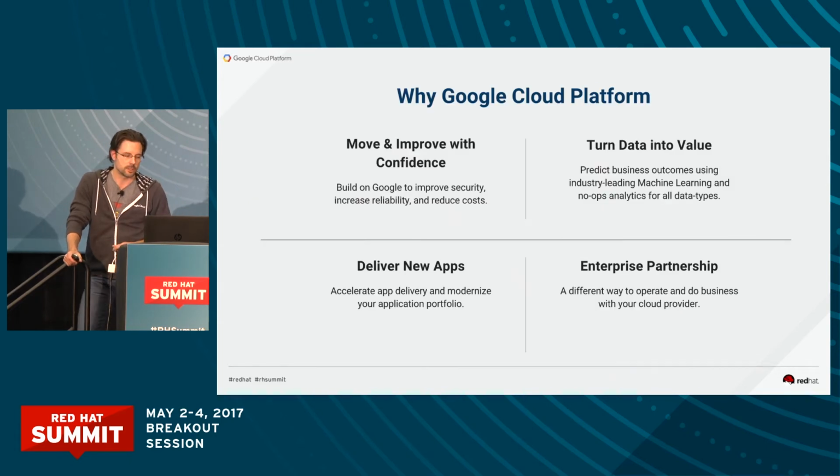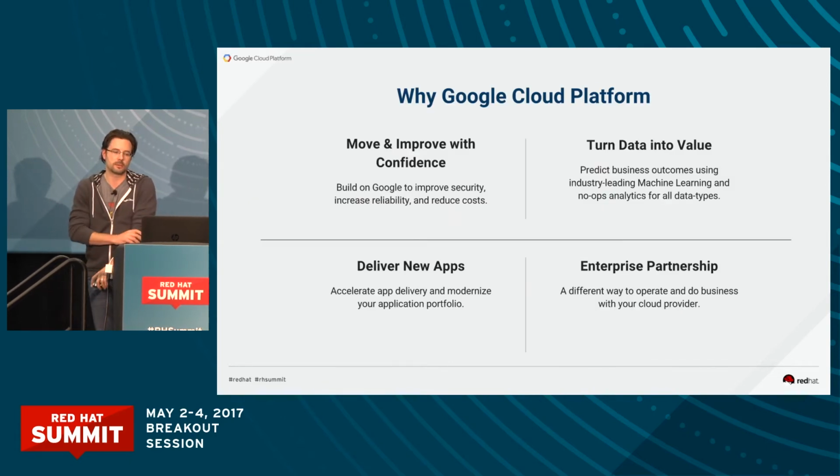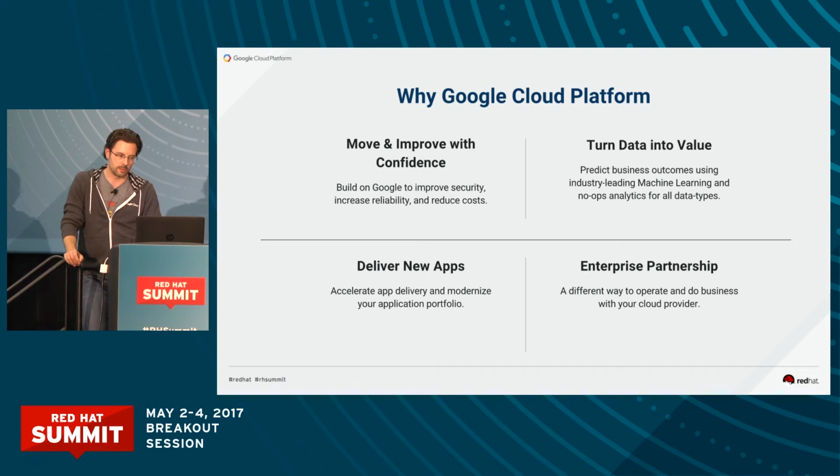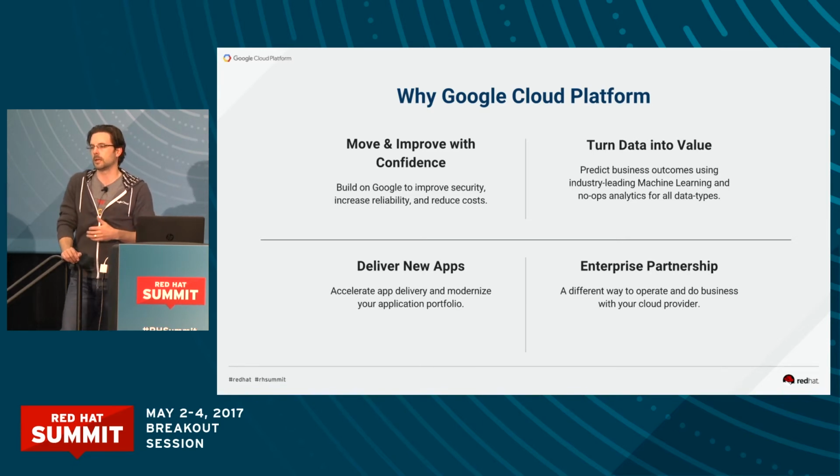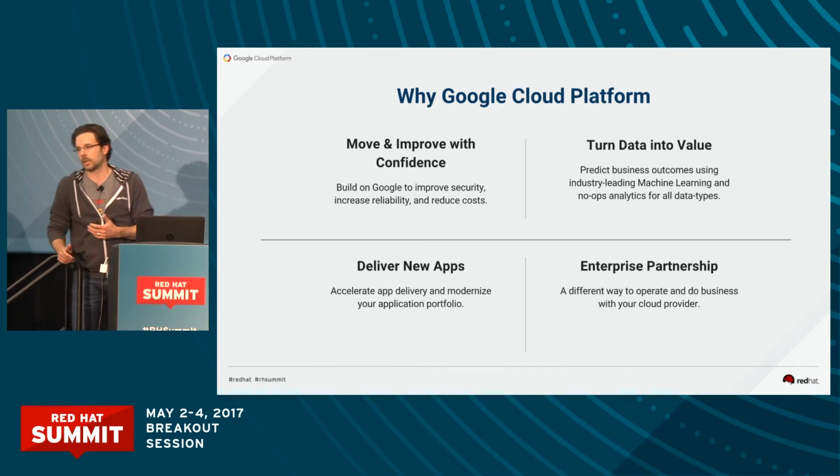Cool. So there's probably four primary places that we're seeing all of our customers come to us for. One, they're getting on an innovation curve that they don't get anywhere else. And hopefully when you walk away from here, that's something you feel pretty comfortable with, and I'll put some validation as to why that is. They come to us for data, because we process and bring insights out of data faster, more efficiently, and more uniquely than anyone else can.